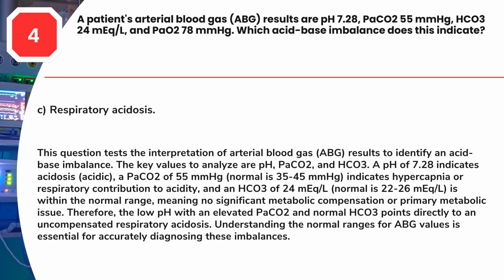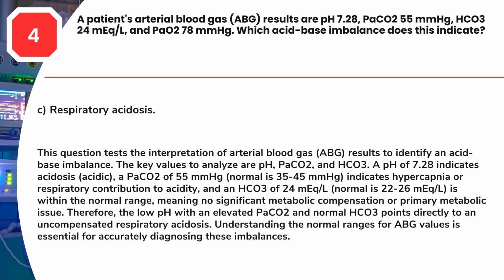The key values to analyze are pH, PaCO2, and HCO3. A pH of 7.28 indicates acidosis, acidity. A PaCO2 of 55 mm of mercury, normal is 35 to 45 mm of mercury, indicates hypercapnia or respiratory contribution to acidity, and an HCO3 of 24 milliequivalent/L, normal is 22 to 26 milliequivalent/L, is within the normal range,